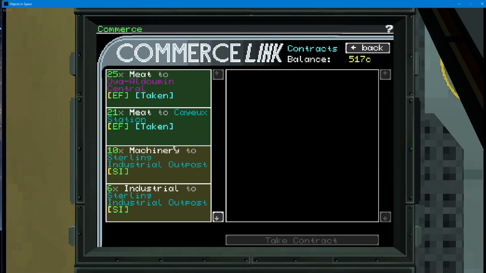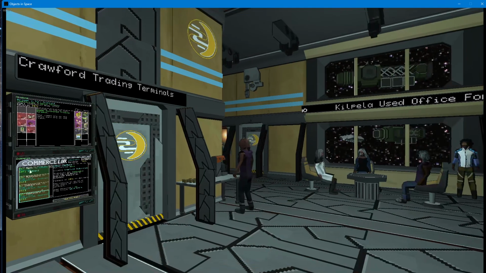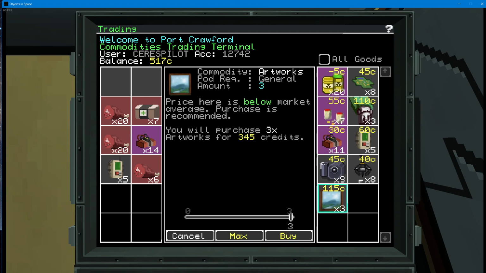Any contracts? Machinery, 70 to Sterling, doesn't take a jump. 53 doesn't take a jump. 102 doesn't take a jump. To Sterling. No, I'm not going to Sterling. Alright, let's see. Explosives. Cheap art. That's not really cheap. I mean, it's cheap, but...